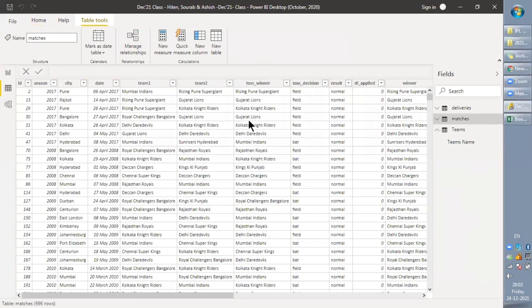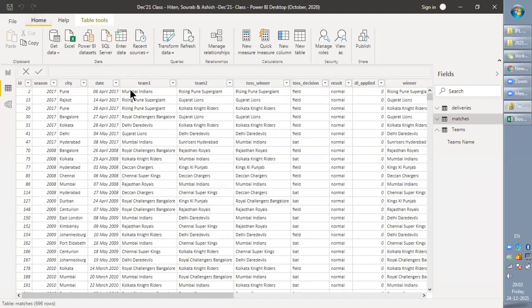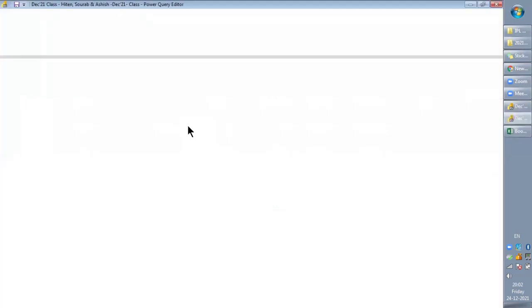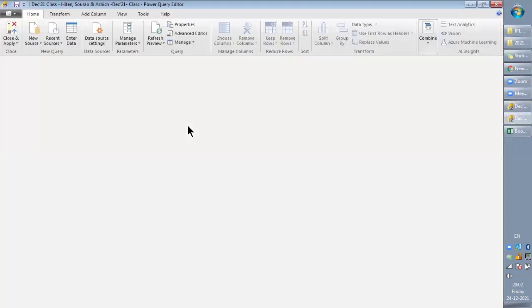If we don't remove them, it will not show the correct figures when we compare with the other teams. Other teams have already played 9 or 10 seasons, and these have just played 2 seasons. So there will be no real comparison. So let me go ahead into transform data, into the query editor, and remove a few of our rows.